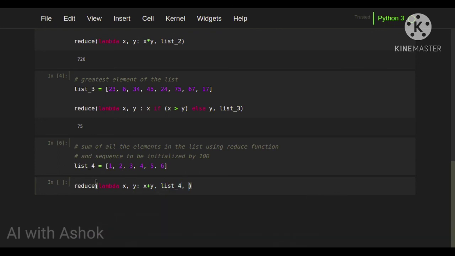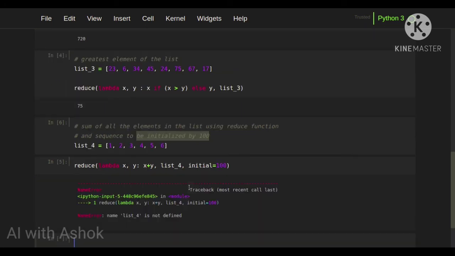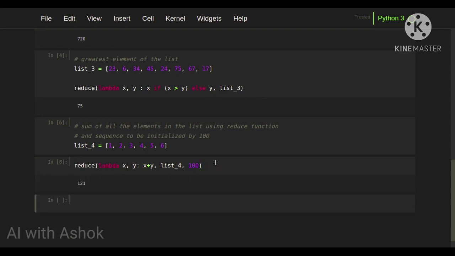And then we are going to initialize it by 100. Actually it is not a keyword argument, it's an optional argument, so we need to give it directly as 100. Yeah, now we have got 121.